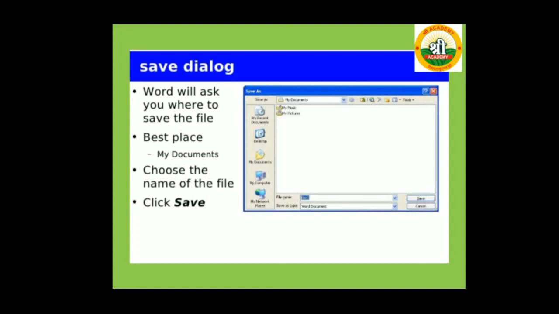The best place is My Documents, or any other according to your needs, whichever is the easiest way for you to access and find it. Then choose the name of the file, meaning type a file name. After that, click the Save button and your document is saved.